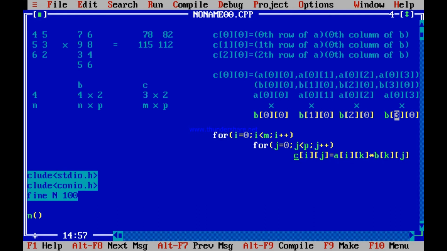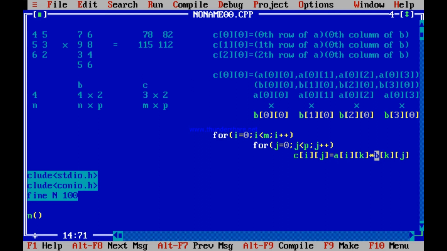When I am taking Cij, ith row of C, jth column of C, so ith row of A and jth column of B. See what? Ci, ith row of C, jth column of C. So ith row of A and jth column of B multiplied. That is what I wanted.